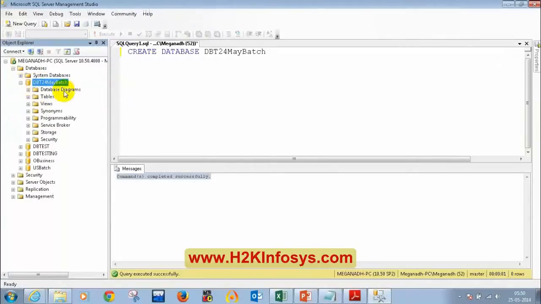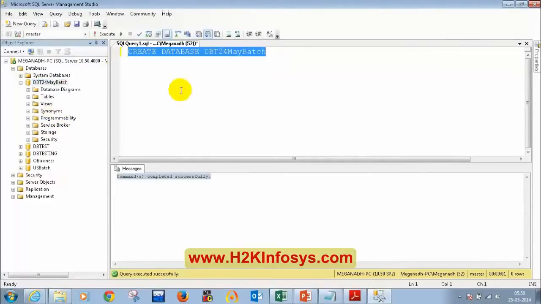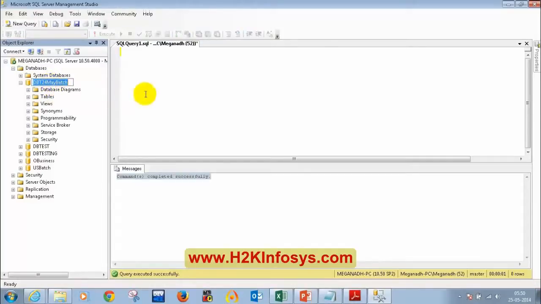We are going to create tables, or whatever we learn we are going to create inside this database. For now assume that a database is a collection of tables, but we'll see the complete definition later. Okay, so now I'm done with creating the database. The syntax is create database, then the database name. Now if I want to create any tables in this database, all I need to do is